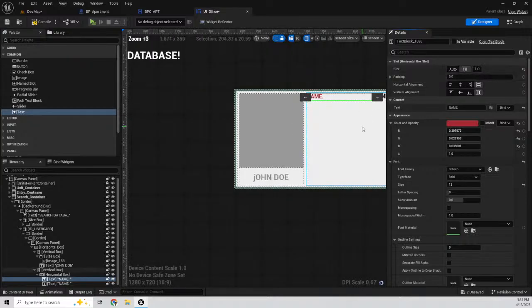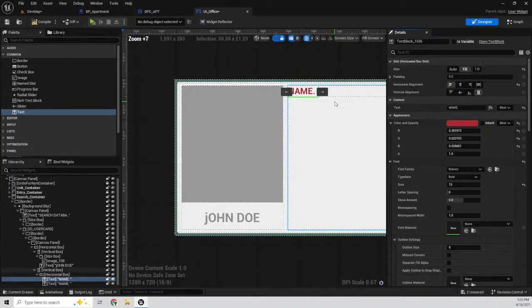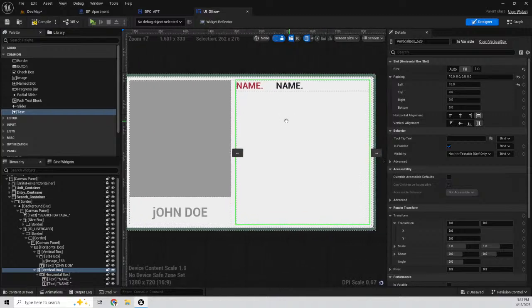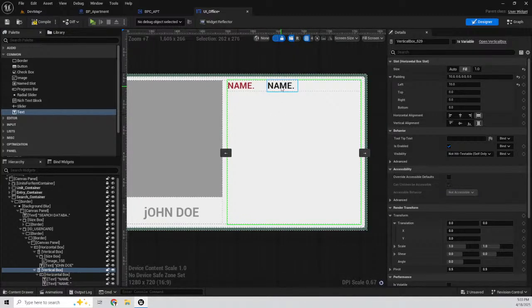Set this to fill. Give it a pattern to the right, about 20. And this could be